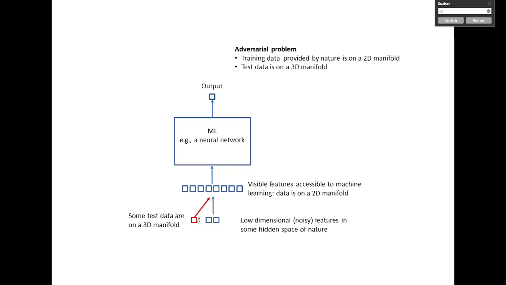Of course, you might have a problem if in test this is not true anymore, and maybe we have a 3rd dimension which contributes to the images, and then in testing suddenly the data is not on the same manifold. This leads to these adversarial problems you might have found in the newspaper or on the web, that for data which didn't occur, data which are very similar to the training data, the performance might get much worse.